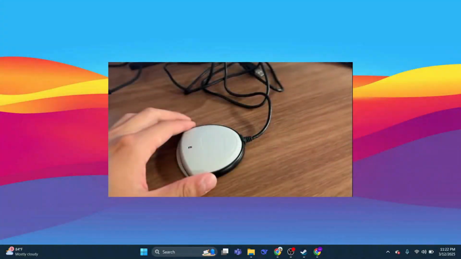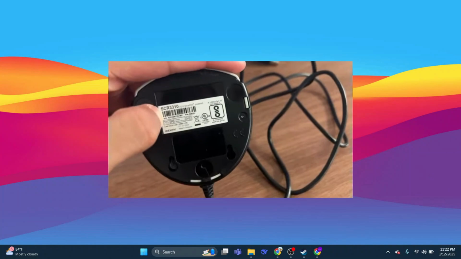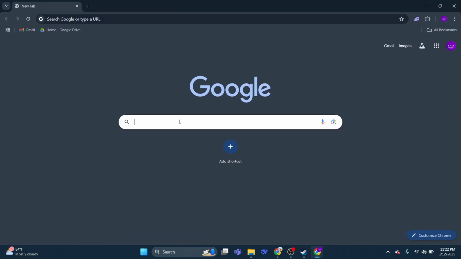Now before we begin, I want you to check the model of your CAC Reader. You can simply do this by flipping over your CAC Reader and looking for the sticker. As you can see, you can notice your model. So now that you know the model of your CAC Reader, you simply want to go to your browser of